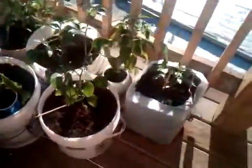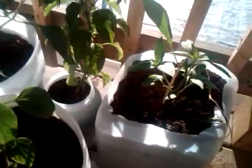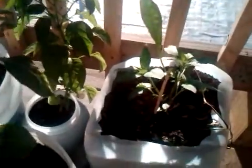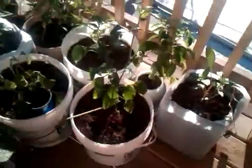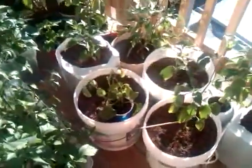Here they are. This guy, talked about him maybe a week or two ago. He was snapped off and he's responding pretty well. It's actually looking like a plant again. Just shooting up some sprouts and doing his thing. This one right here is probably the most,